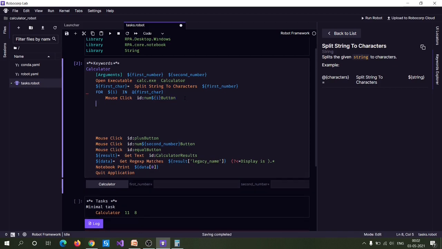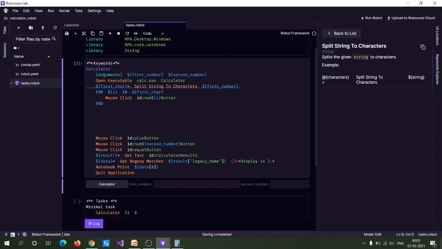Now you can end this. You will get the idea when you see it working. Similarly, you can do the same for the second number. You split the second number into individual characters, then loop through each element in the character list, and it will selectively click that particular character to generate that number.